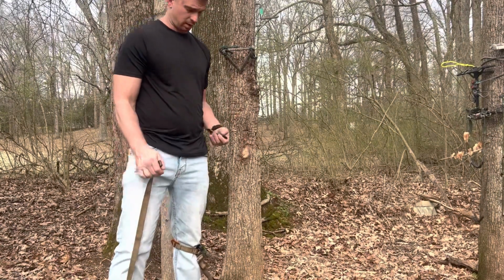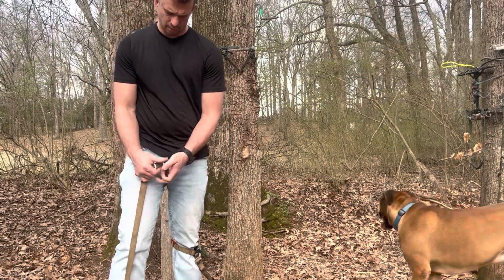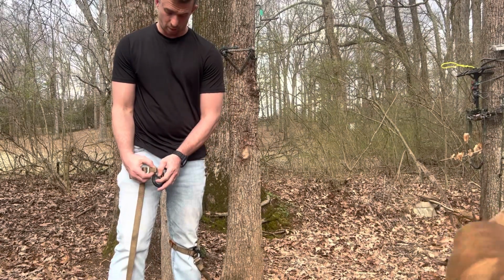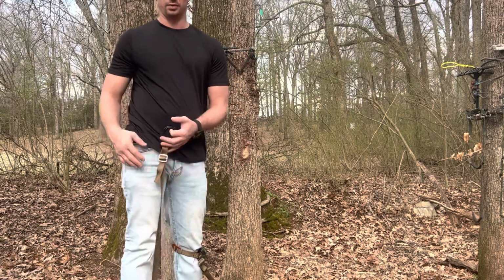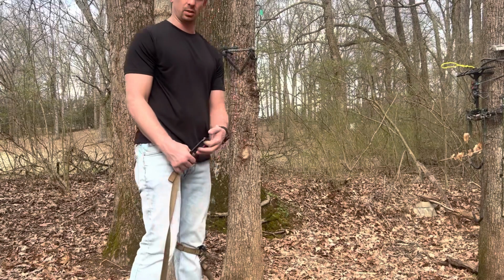Problem is with this side, the long side, you have to have a carabiner to be able to adjust it or to be able to use it. And it flops, so what I end up finding myself doing is tying a piece of elastic band to it. So essentially,